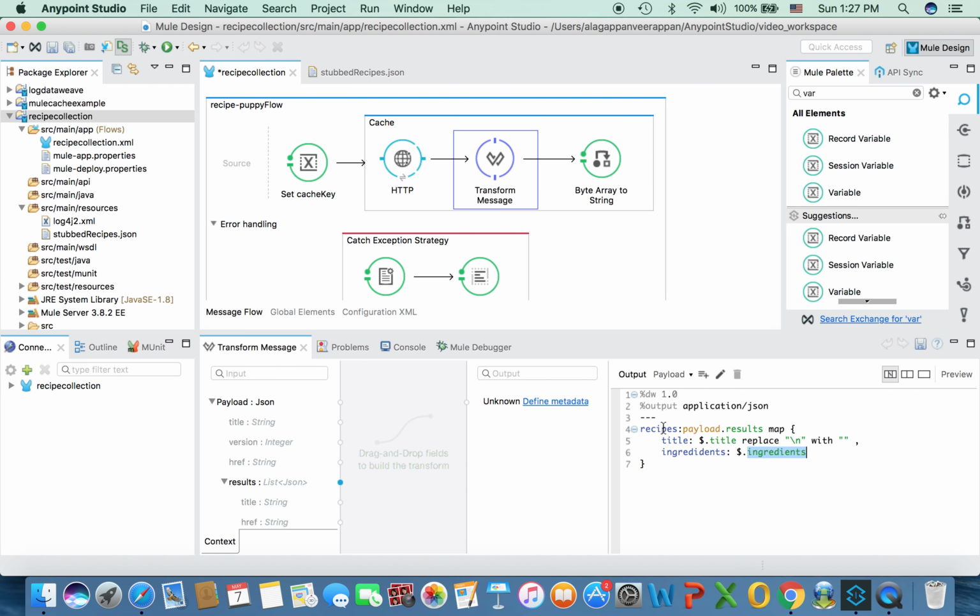So I'm taking the receipts array out of it because I don't want the other information. And I really do want to store it in the cache because I don't want to hit this system multiple times. And if you want to store this in the cache, I do really need a byte array to string, or object to string, or byte array to serializable, to convert